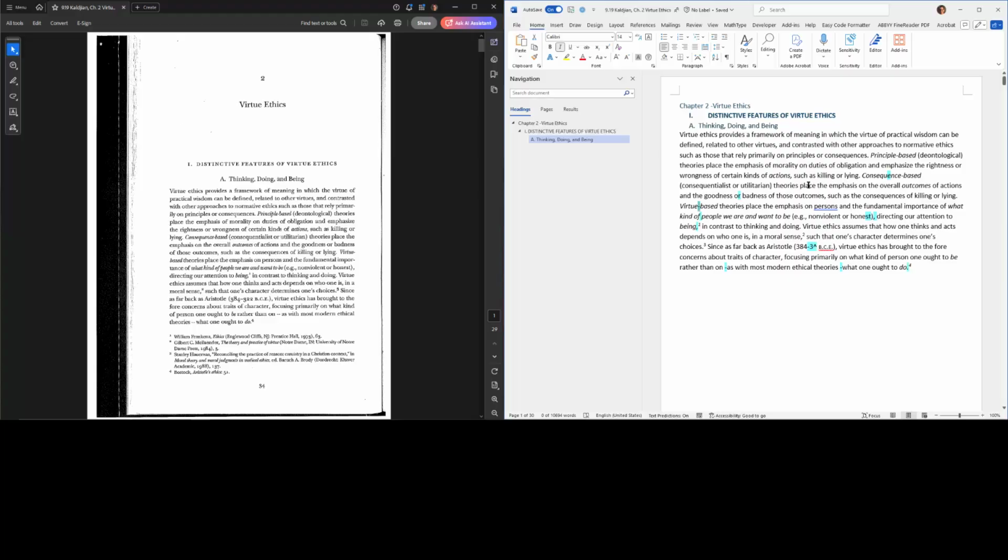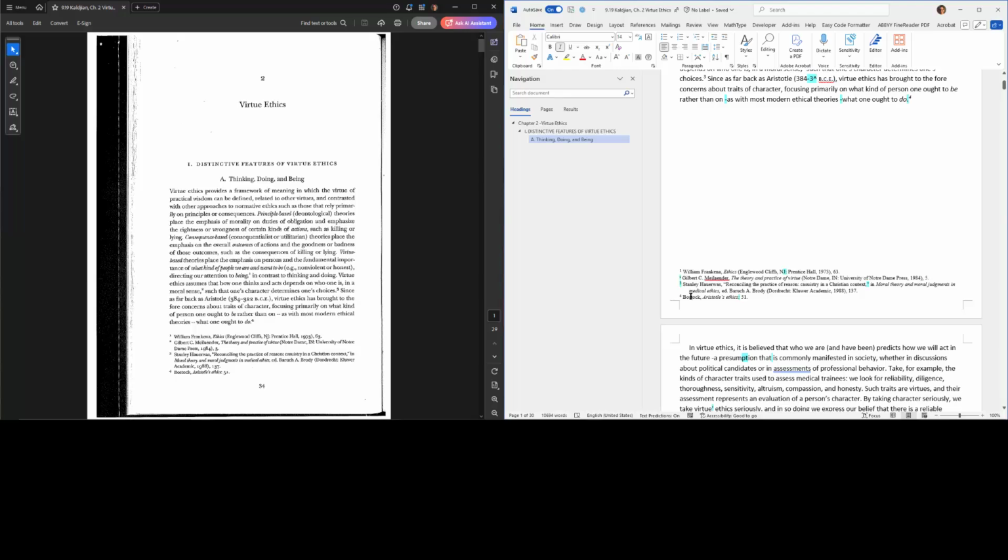All right, consequence looks good, and again I'm just using these blue guides from Abby's export to know what I should look for. Kind of people, honest, that looks right. Being, my footnotes actually came through from Abby, which is really nice.